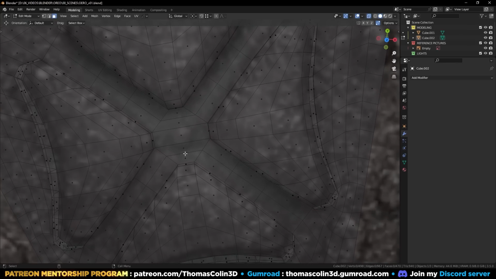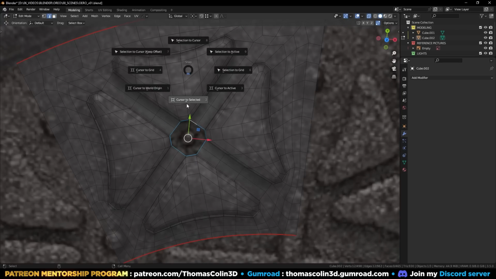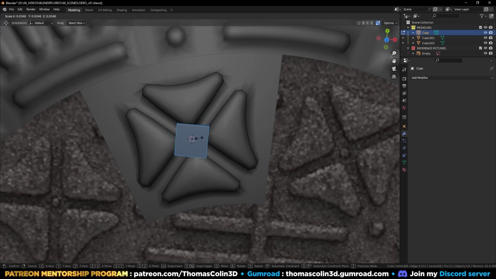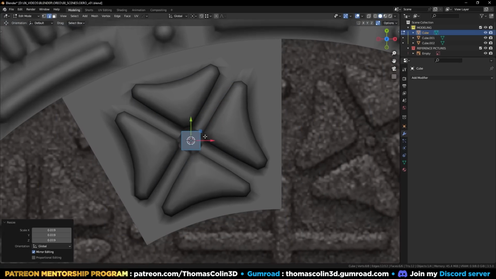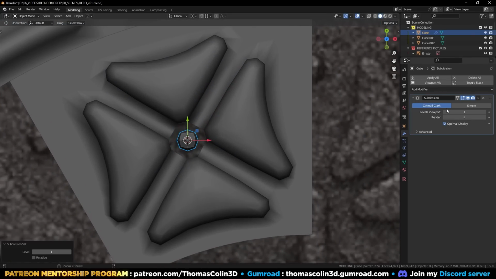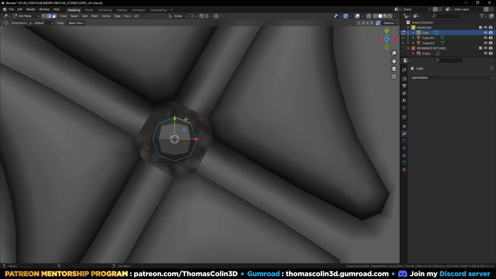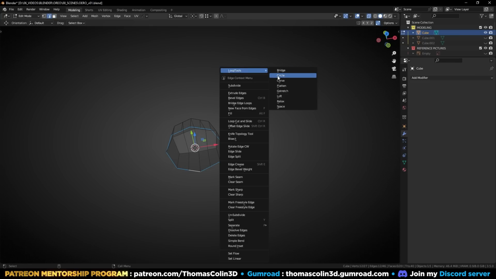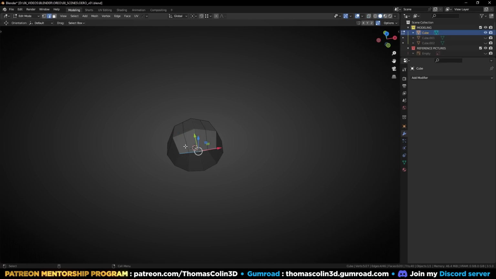Okay, now we have a little detail there, so let's just select these faces, remove, place the 3D cursor there. I'm going to add a cube, scale it, subdivide it once, apply. We need 2 more loops, so I'm going to add 1 loop there and 1 loop there. I'm going to remove the bottom half, remove, select this border, right click, loop tools, circle, same there,